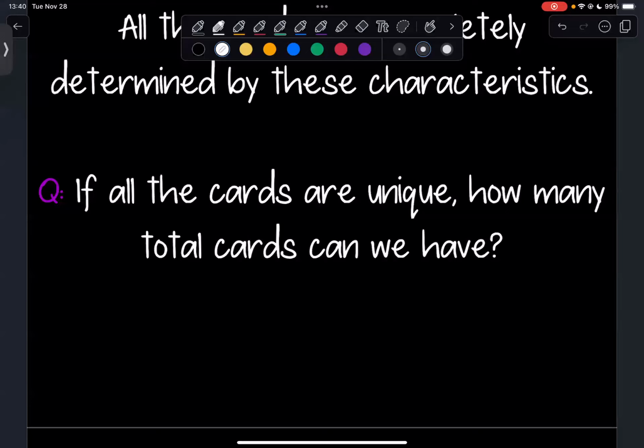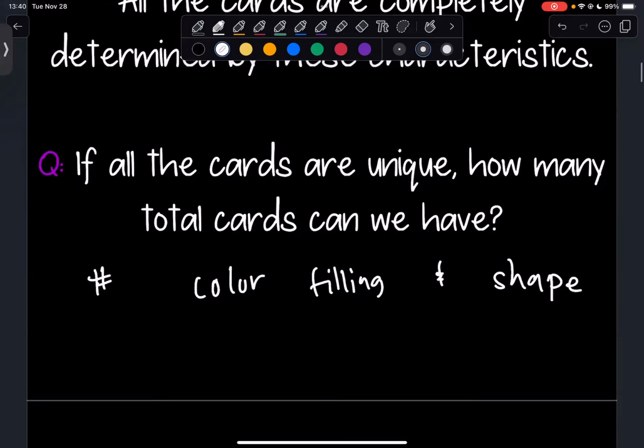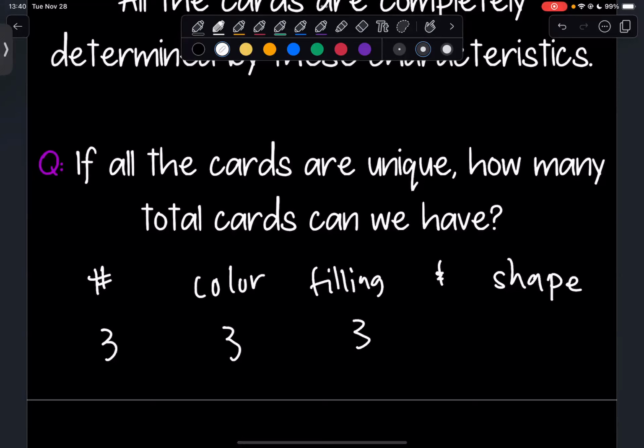So you got 4 different categories. We have number, color, filling, and shape. And then there's 3 possibilities, right? And really, they don't depend on each other. If I choose one for my number, it has nothing to do with the color that I choose. So they're completely independent choices that we're making, which is why we can just multiply all these numbers together to give us the full combinations here.